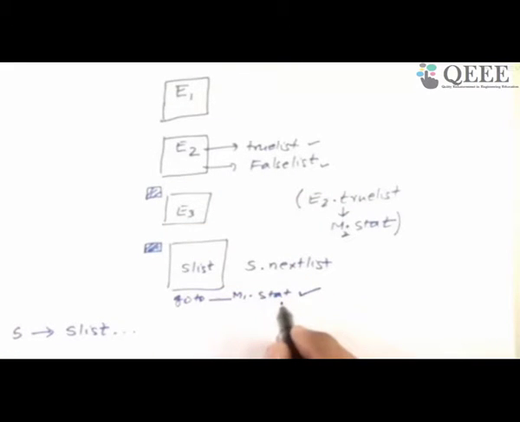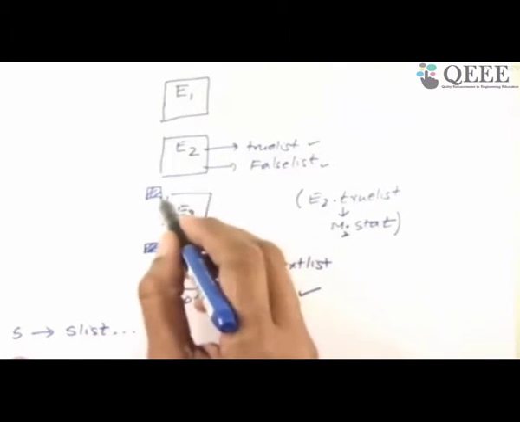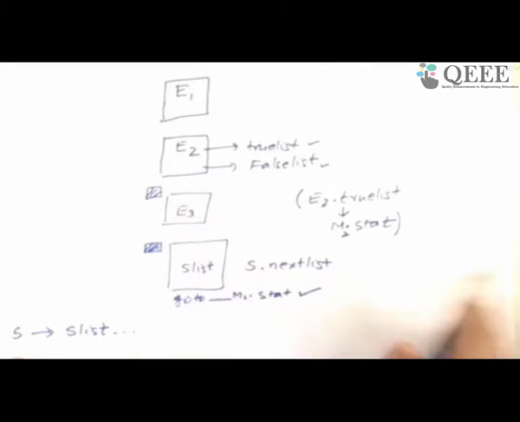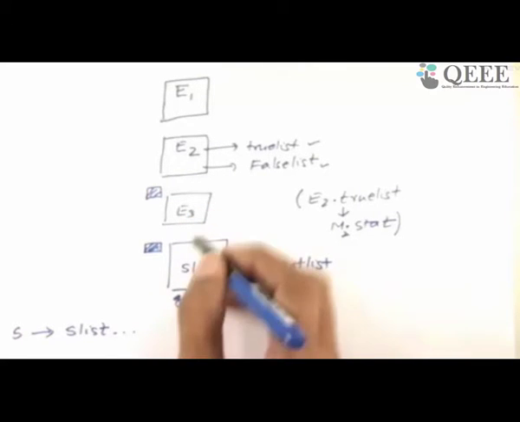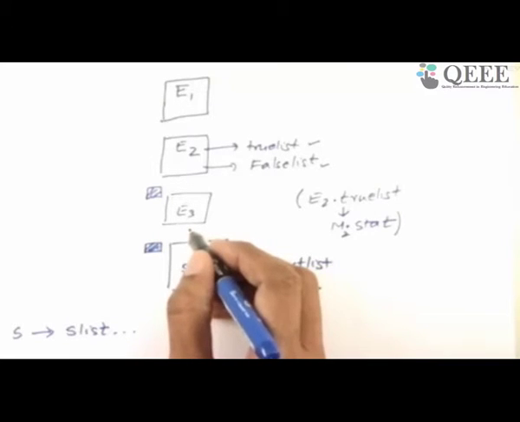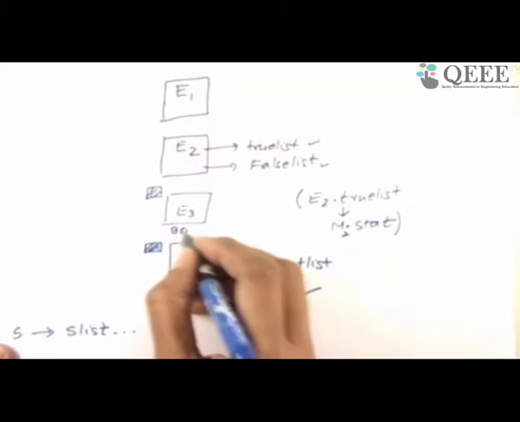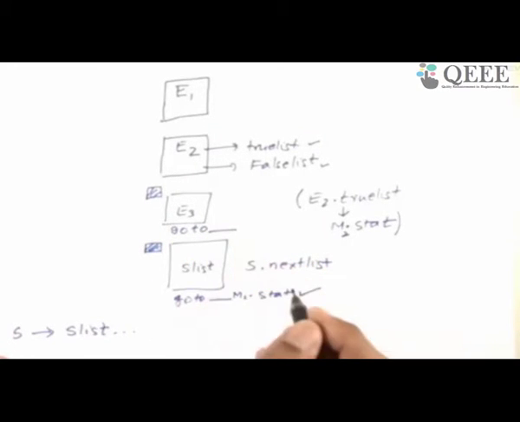This is not incomplete. Why? Because it is a local transfer and I have already seen E3. So I know the first instruction address of E3, so I resolve it immediately. This is okay. So now once I do this, I come here. But what do I do after E3? After the incrementation is over, I want to go back and evaluate the condition. So I still have to use a goto. So this goto will go now where?